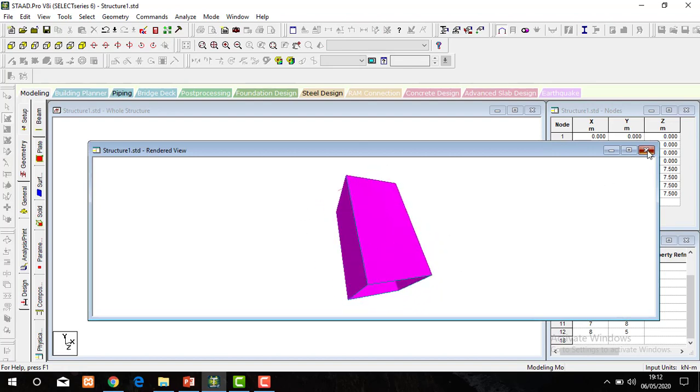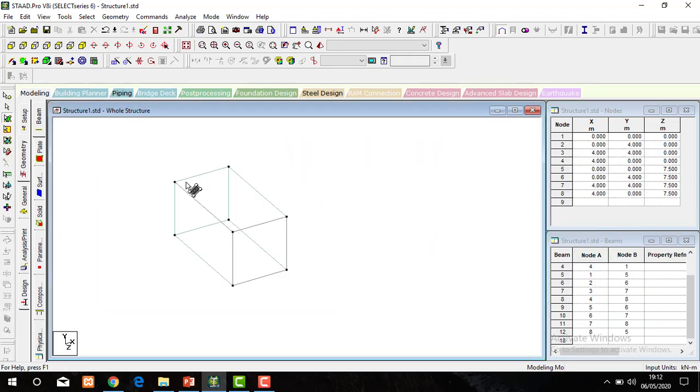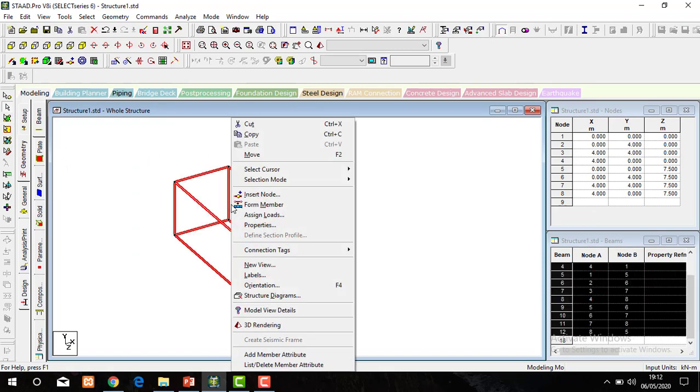So now we are dividing these plates into a number of small pieces for precise calculations. So select the plates and click on this.